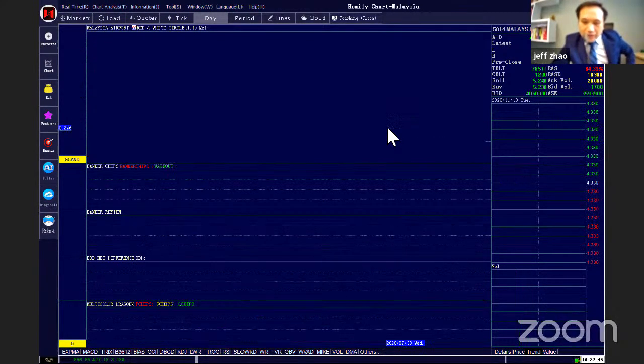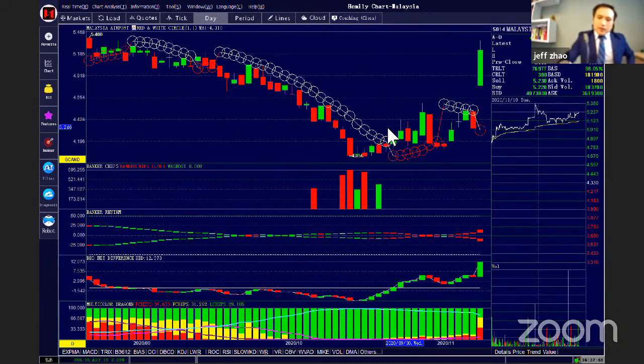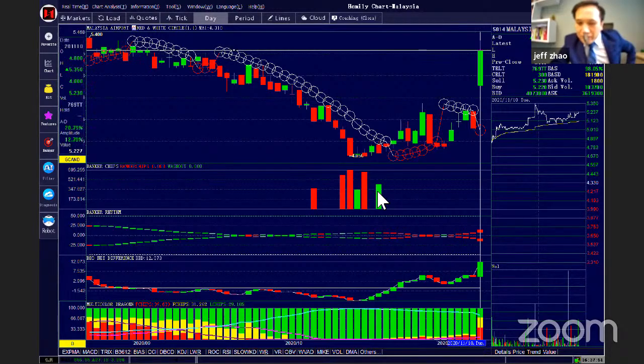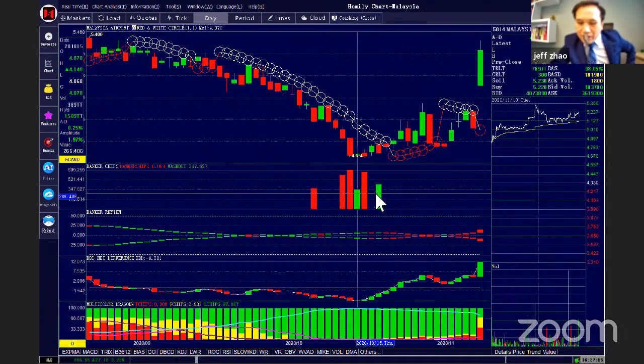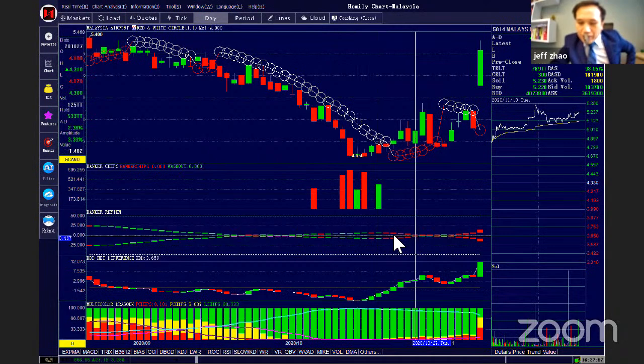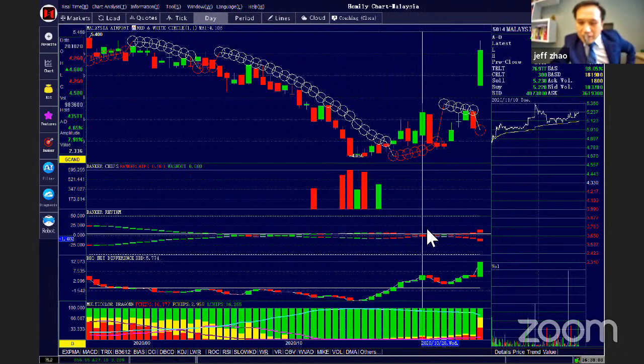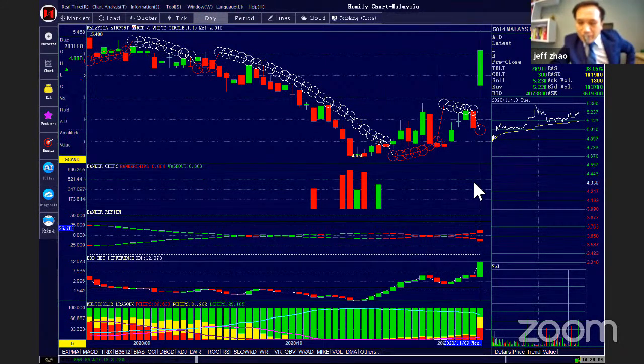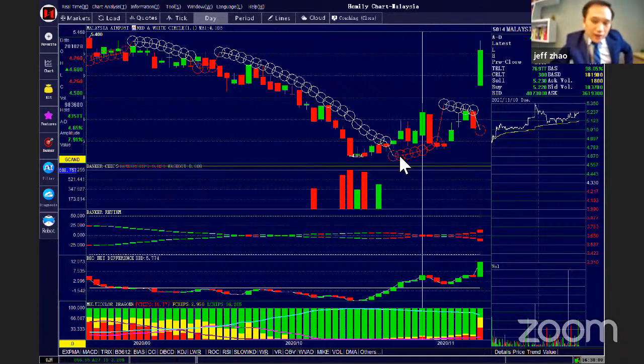Now you can see something very familiar for us to know. First, you need to focus on the bank chips. When the bank chip appears, just conform with the banker rhythm. The banker rhythm long position up there, here should be a buy point. Here also should be a buy point. This is on the daily chart.